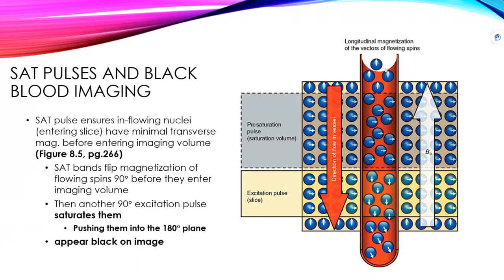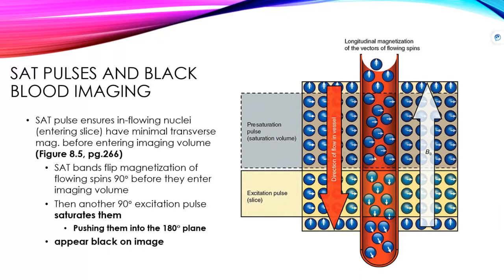So initially, your spins are pointing up. The nuclei are moving down, but their magnetic spins are pointing up longitudinally with the magnetic field. We push a SAT pulse of 90 degrees. Well, 90 degrees pushes them into the transverse plane. Okay, so now your spins, as they're continuing to move down the vessel, are now pointing 90 degrees in the